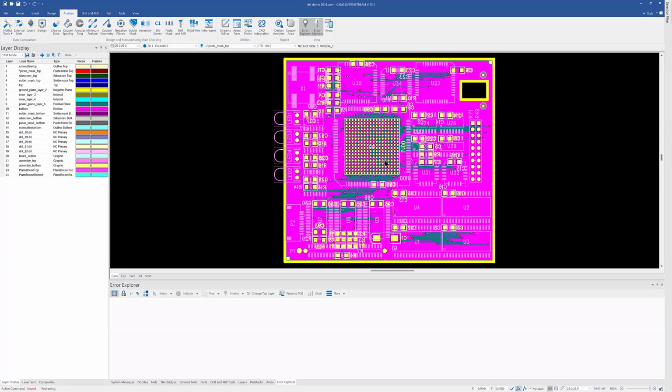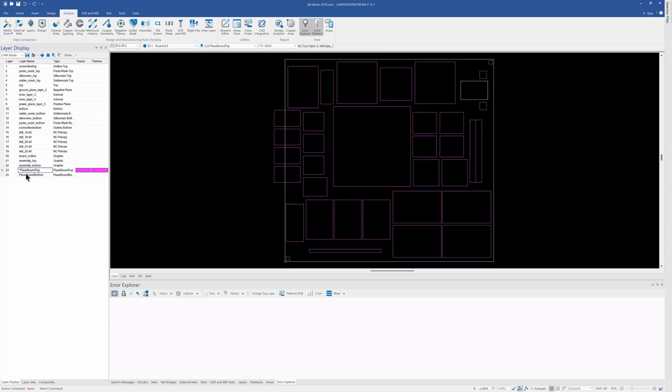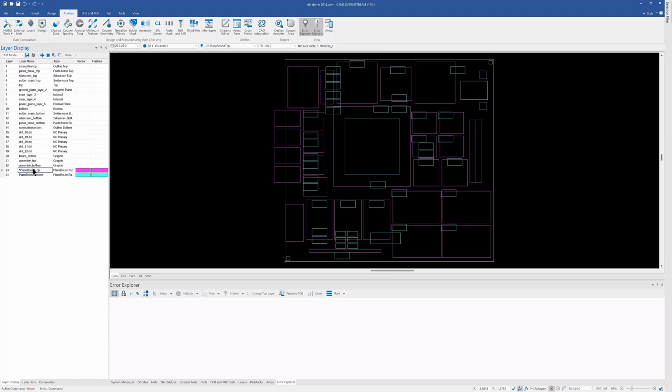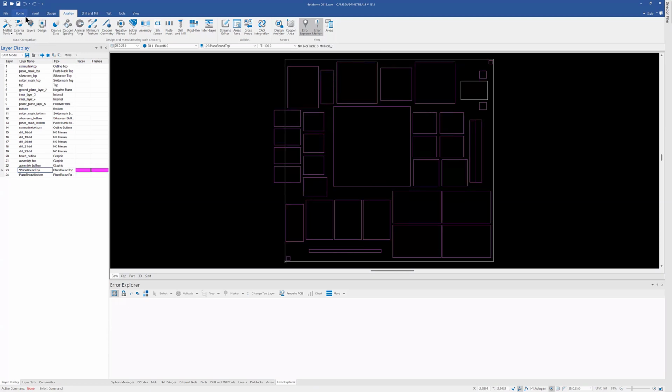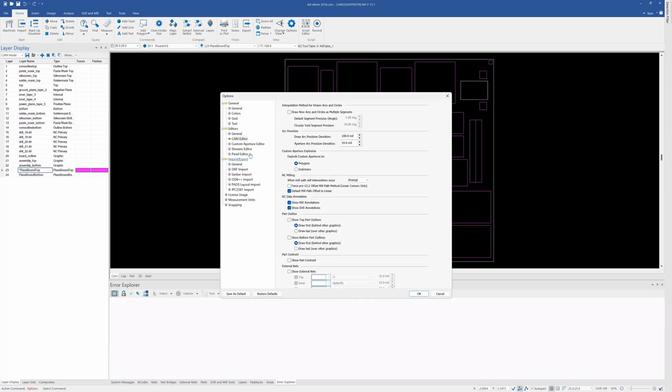Whenever you bring in intelligent data now, it's going to look for a layer that has the component information on it. And it will place these place-bound layers at the bottom here if it's able to find those. And you can specify, if you're the designer,